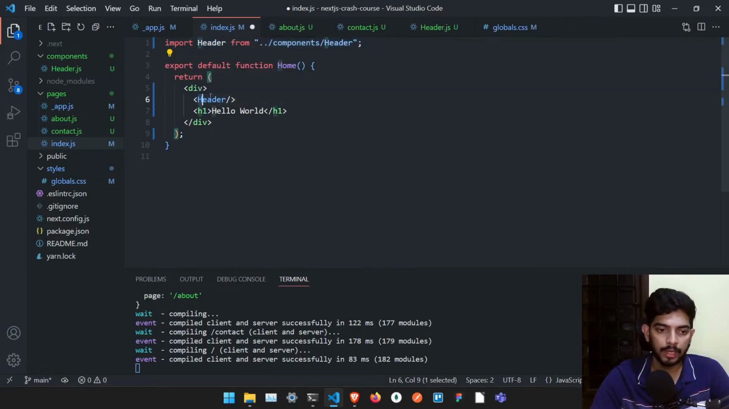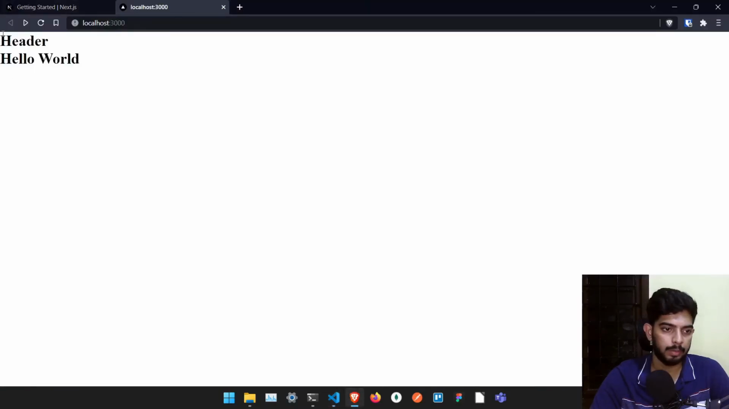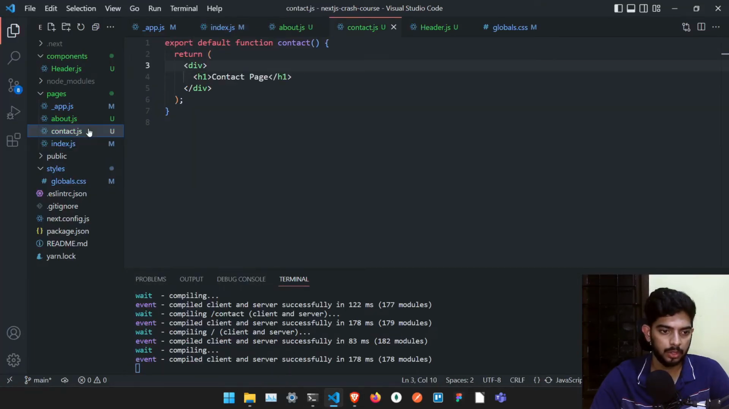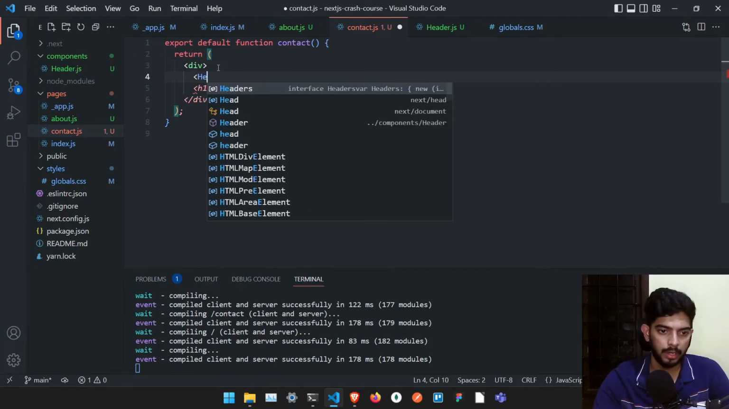If it is working directly and if it is importing it, then done, no problem. But if it is not importing, just type it out. And if I just save it, it will type header. And once header is ready, just make sure in this particular page also it comes. Just type header again